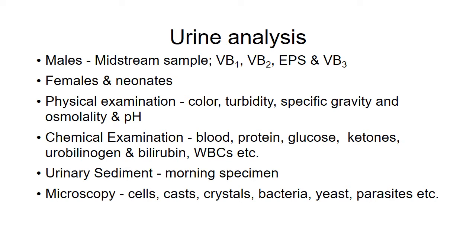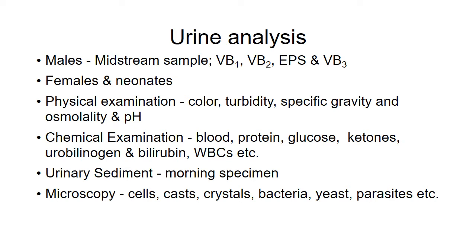Moving to physical examination, the normal color of urine is pale yellow. If it is colorless, then it is very dilute urine. Sometimes the urine may appear cloudy or milky, and it is pyuria or phosphaturia. If the color is red, then it indicates hematuria, hemoglobinuria, or it may follow rifampicin use. If the color of the urine is orange, then it indicates dehydration. If it is yellow, it may be normal or it may be due to riboflavin use.